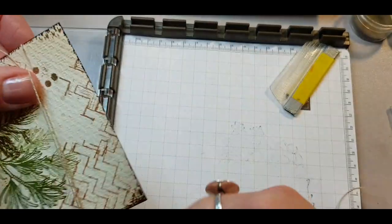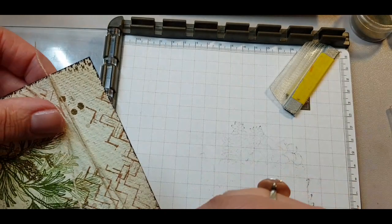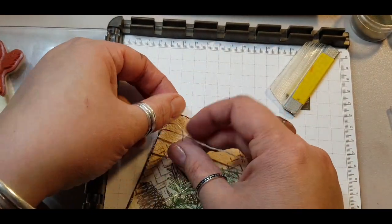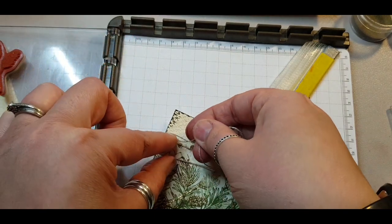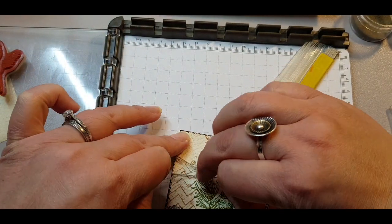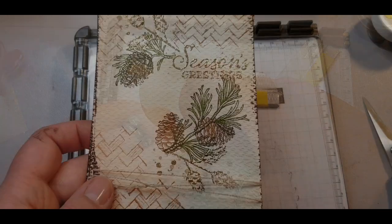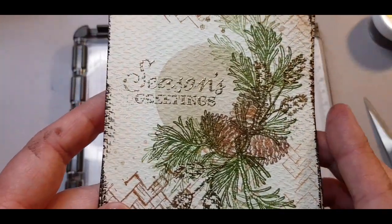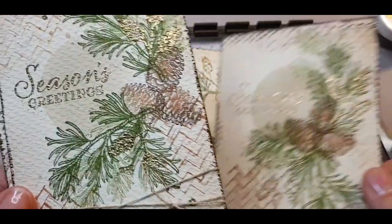Once that's done, I'm getting the linen thread, and in the opposite corner of where my sentiment is, I am having the end loop of the thread and just wrapping it around about 3 times and tying it off in a knot. So these are the results of the card, and as you can see, the more that I did,